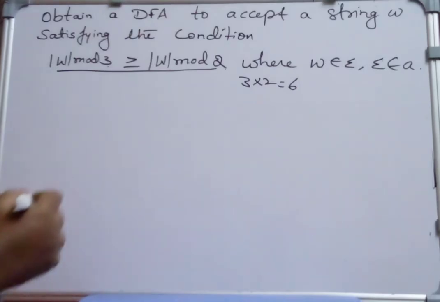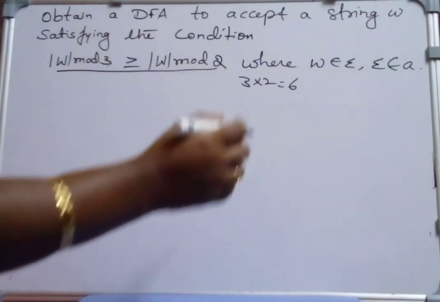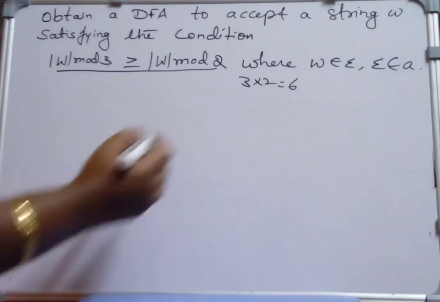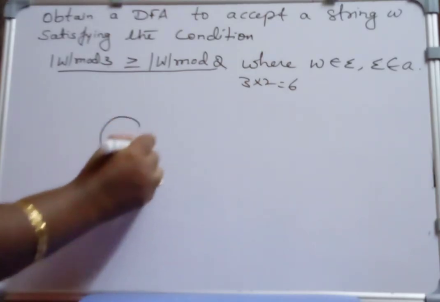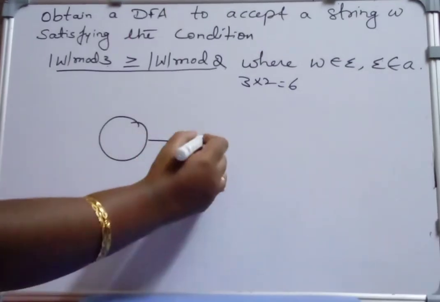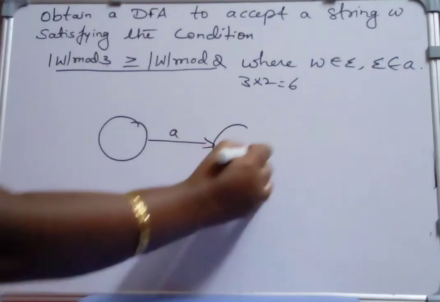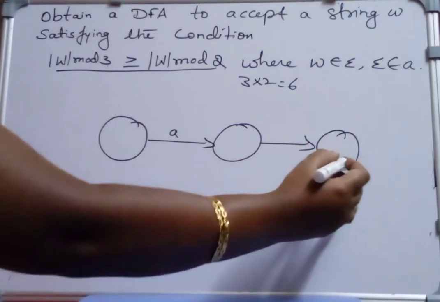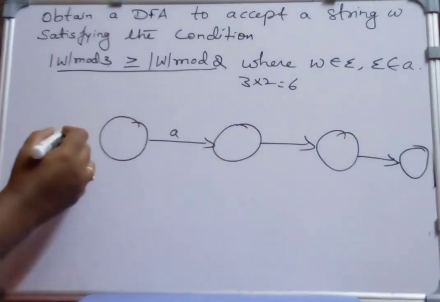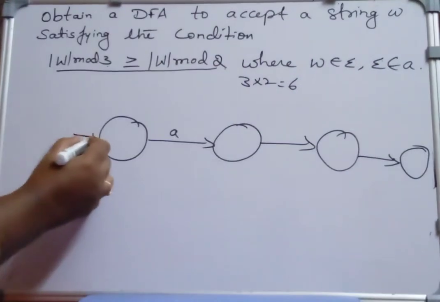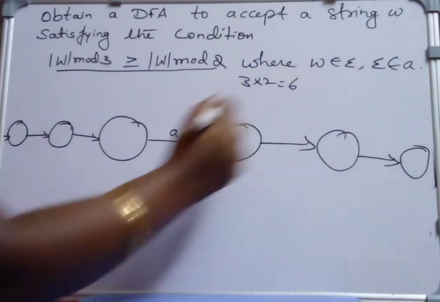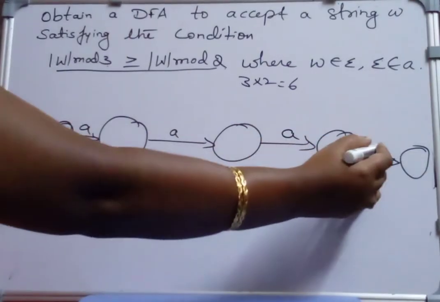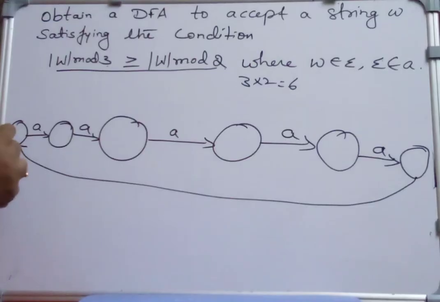So what I do first, I try to construct a DFA in the form of a cycle for this modulo problem consisting of 6 states on alphabet set A. So here I will write my states like this on A. From this state on A, it goes to the next state, and totally I should have 6 states: 1, 2, 3, 4, 5, 6 states, on reading A and writing like a chain. So this is my starting state.